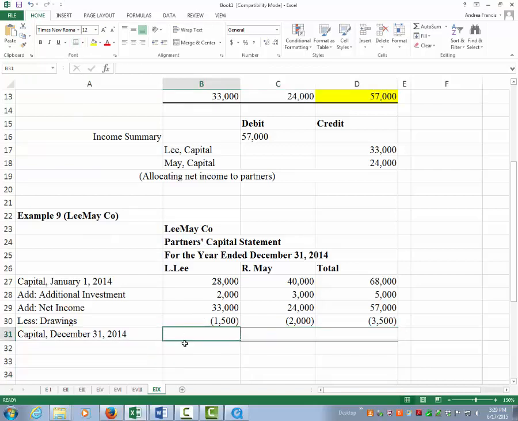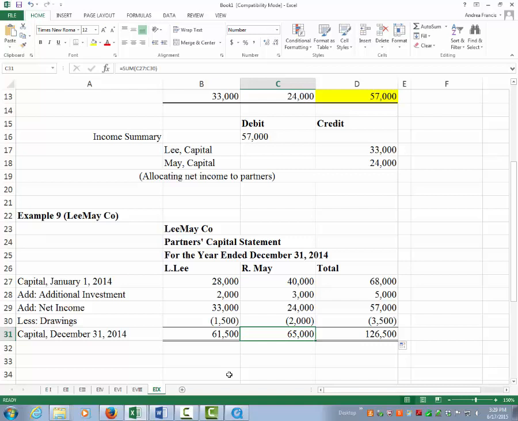So there's our double underline. And now, because we already have a negative, we can just sum these numbers and drag this across. And so we have 61,500 is the balance for Lee's capital, 65,000 for May's capital, and 126,500 is the total of the partner's capital. We are not done yet because the question also asked us for